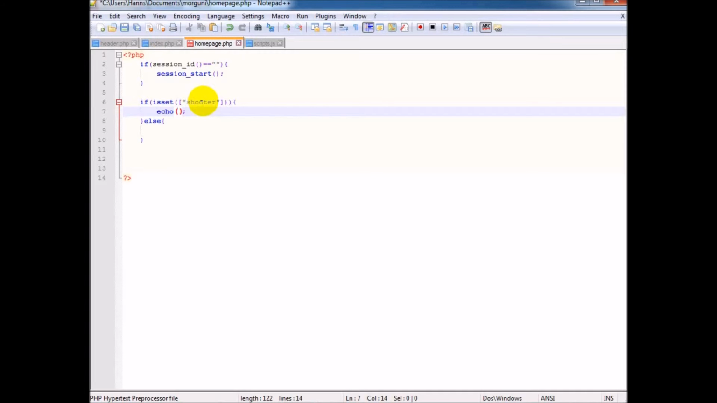Okay, let's say welcome, and then echo out here our, I kind of forgot something, sorry. I'll need to call the session variable here before I refer to its array element, because this session variable is an array, and it will have a member, the shooter, which will have a value, and then we're gonna show that message. Otherwise we'll say